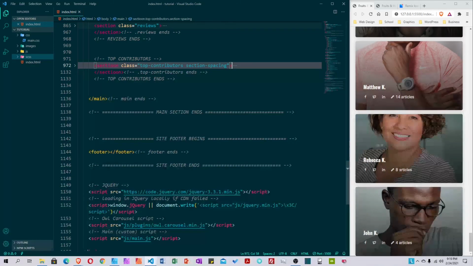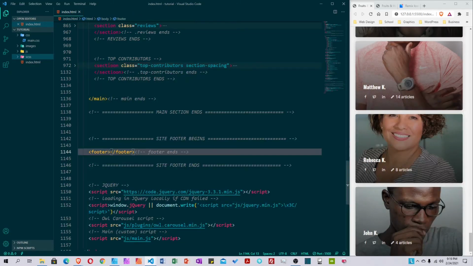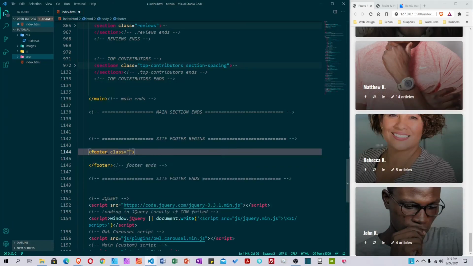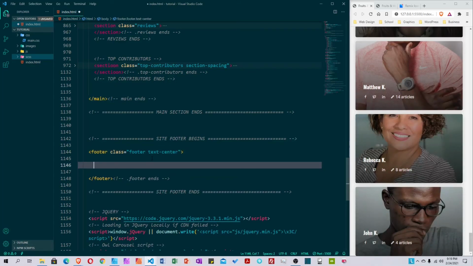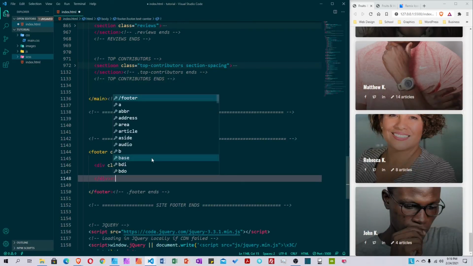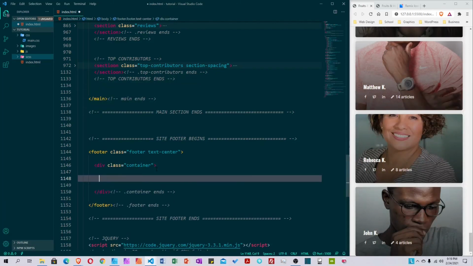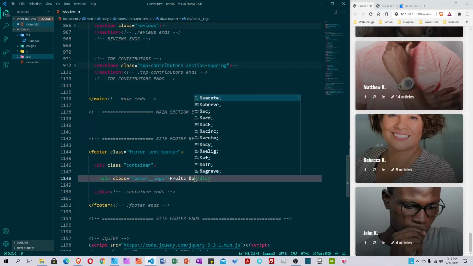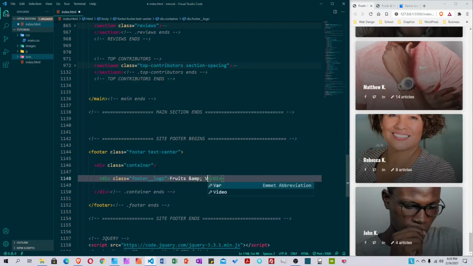Now we go down for the last thing, which is the footer. Give it a class called footer, and then the text center also, and inside here create our container. Inside our container we have our footer logo, and then you say fruits again ampersand veggies,